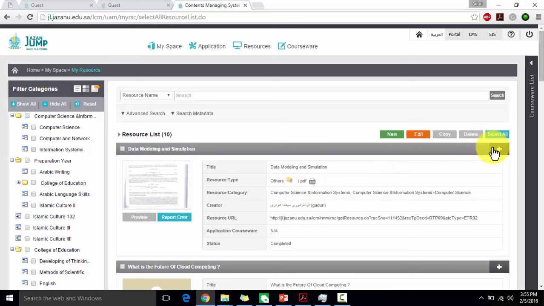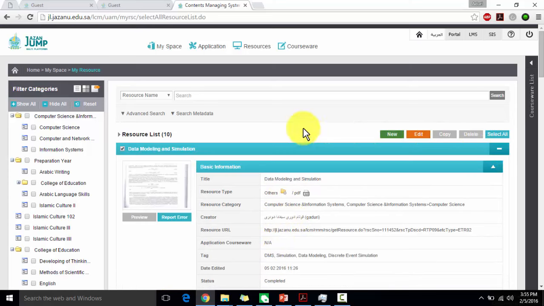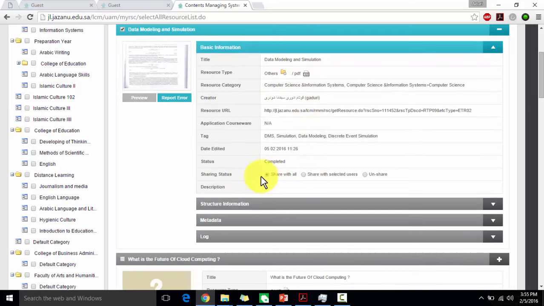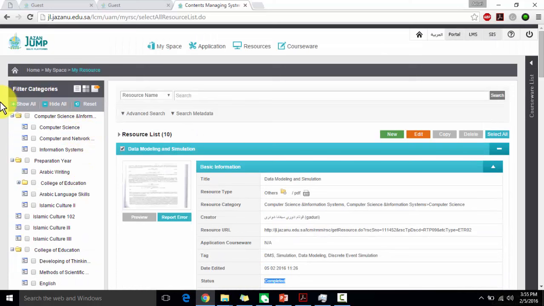And here we have different types of action buttons, like you can create a new resource or edit, copy, delete and select. So this is a PDF document. This is done by me. So you can see the sharing status here also. Once you upload the course and it is done correctly, you can get the status as completed. And on the left-hand side we have the different types of filter categories.